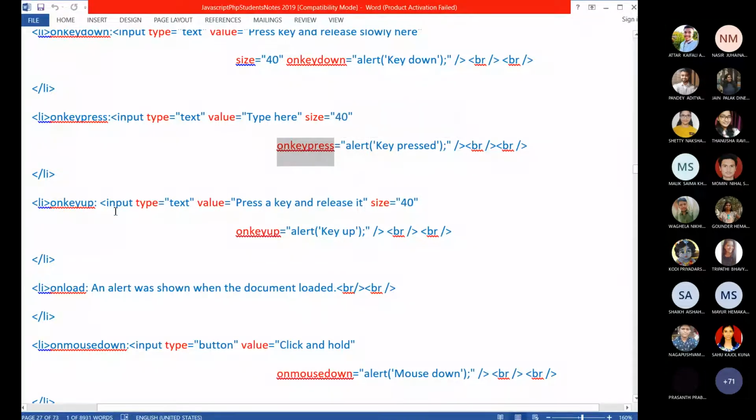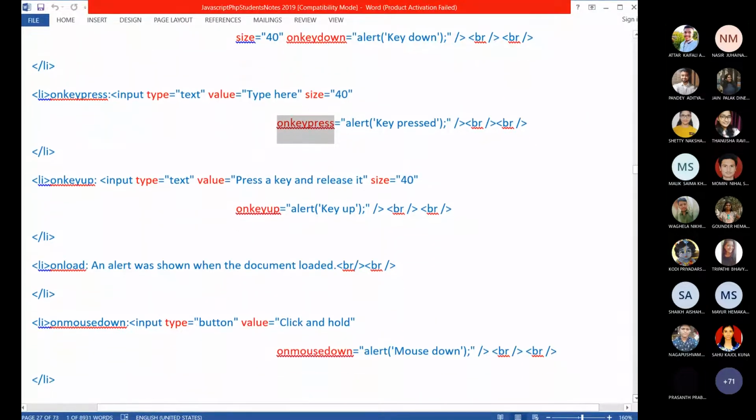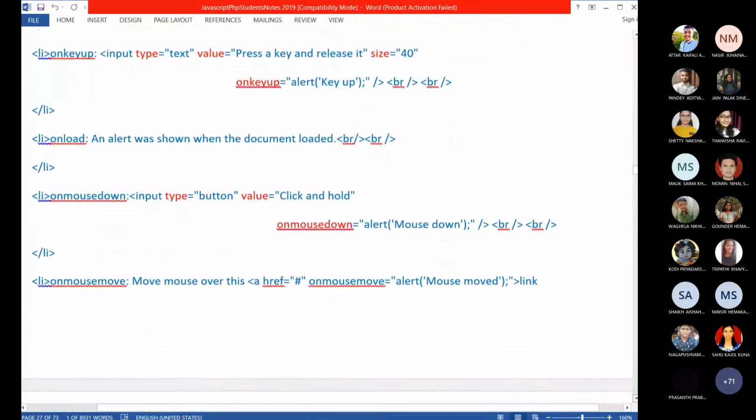And then on key up. Again, when you press the key and release, the key should completely come up. After that it came up, and then you will get the message. And then on load.